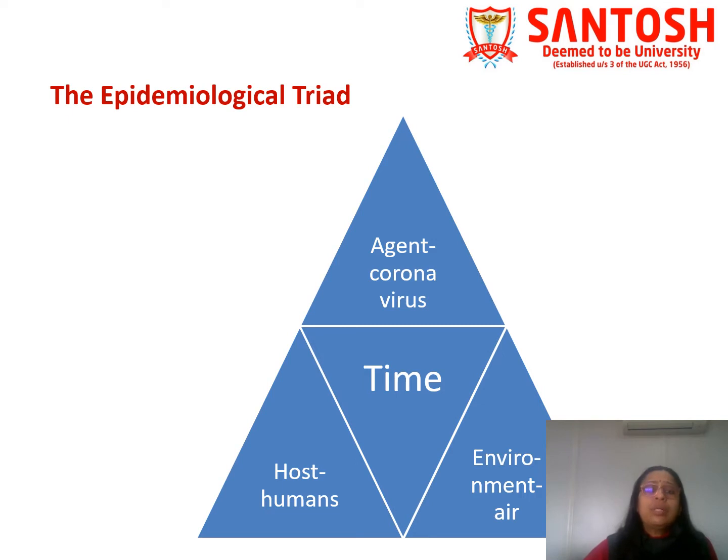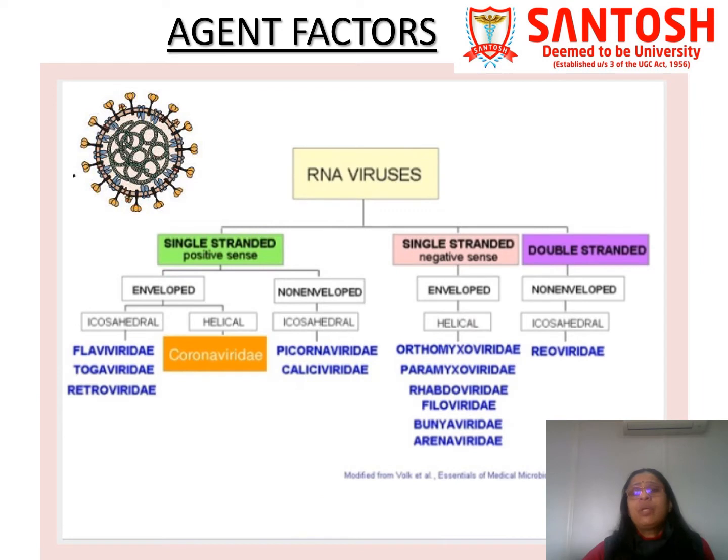Now coming to the traditional epidemiological triad. You all know what the 3 or 4 constituents of the epidemiological triad are. That is the agent, host, environment intertwined with time. Here the agent is the coronavirus, the host are the human beings, and the environment is our immediate environment, which could be physical or biological. And when all these factors come together in time, they can lead to the development of disease. So this is the epidemiological triad.